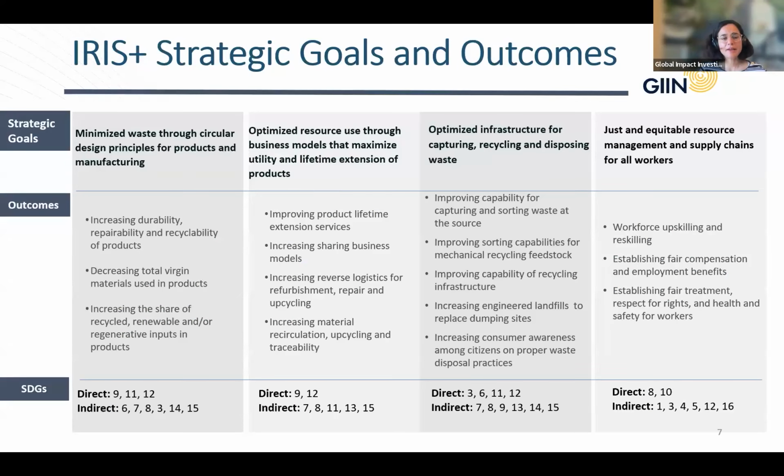But now let's look at the content itself. And this is the slide where the content is really summarized in a way for waste management and circularity. I described how the content is organized into 4 strategic goals that try to explain what the world can look like at an ideal state.